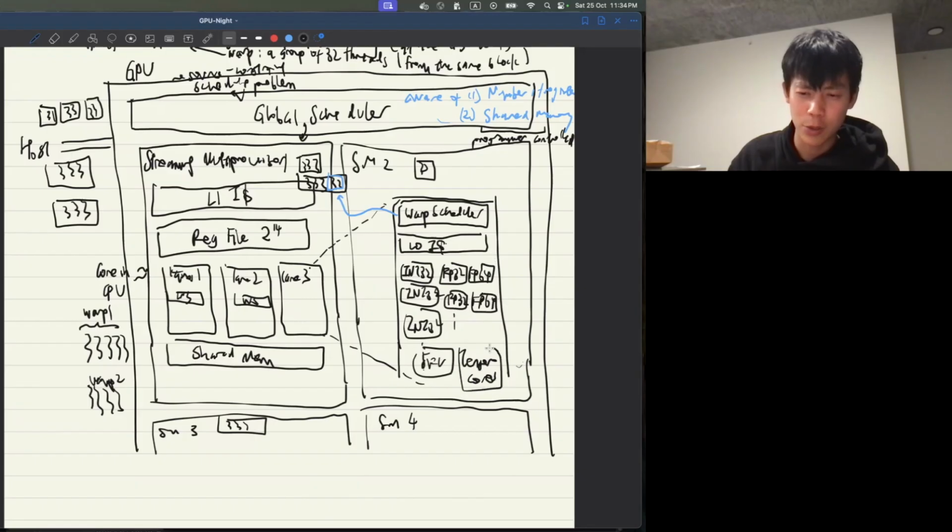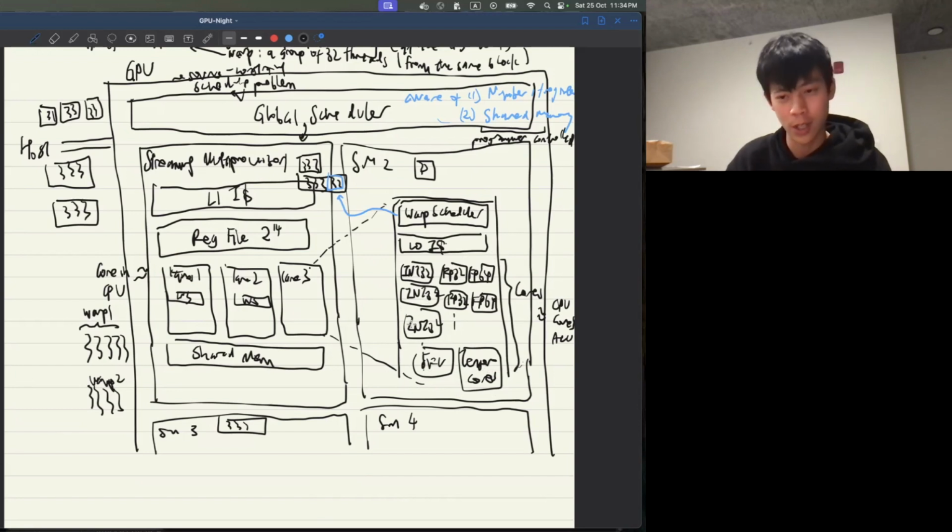Something I want to say over here is that all of these are called cores, but they are actually analogous to the ALU, the execution unit in the CPU core. So I think the term core over here is pretty misleading, but that's what NVIDIA calls it, so we are sticking with it. The next thing I want to talk about is,